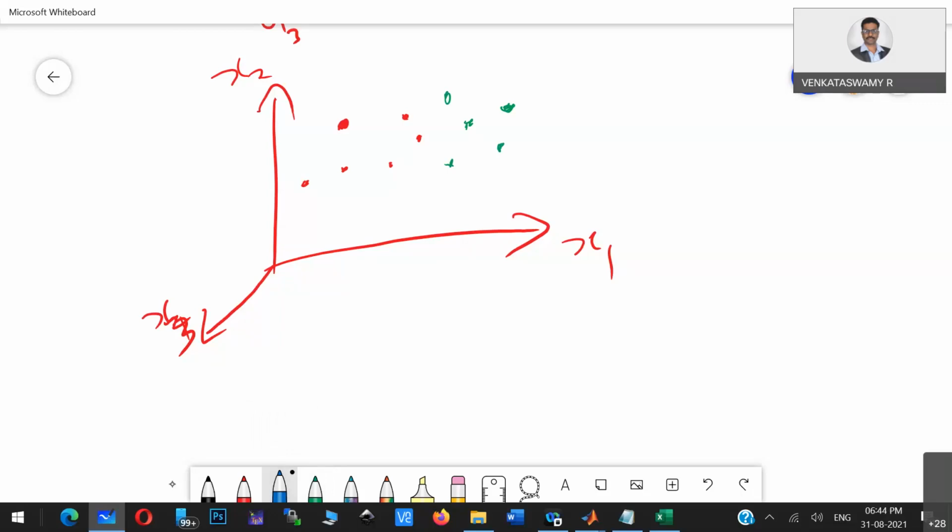Similarly, it will just mark them, and there will be n number of points. So every input output record is one point. Like that, all the records you can represent in the vector space as a single point.